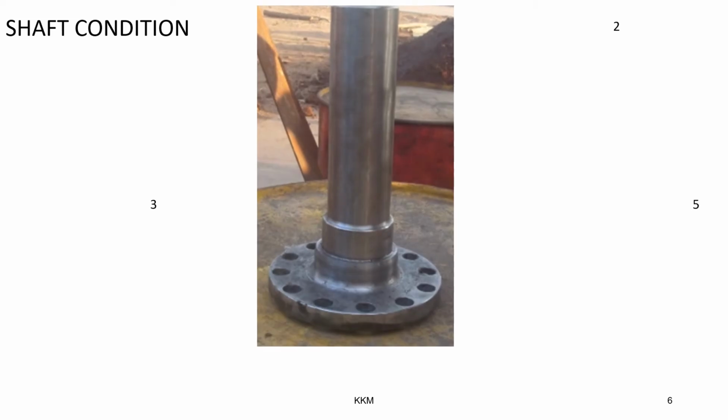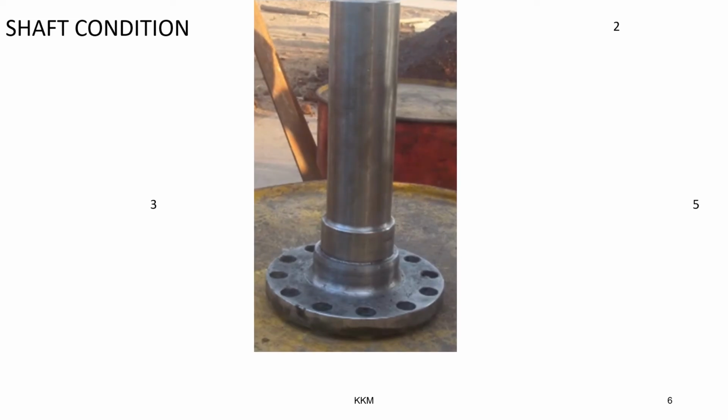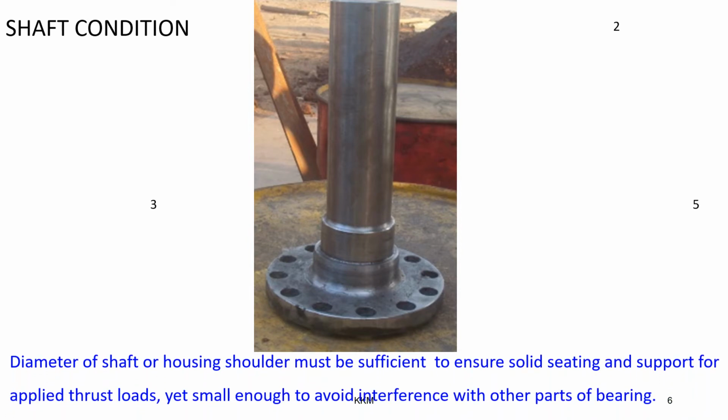Shaft condition. There are a few important points to take care of on the shaft while fixing any bearing. Bearings are precision manufactured items made to very close tolerances. Shafts or housings also must be machined to similar close tolerances. The inner race must be positioned at the shaft shoulder, fully seated against it. Shaft corners or fillets must be sufficiently chamfered to match bearing corners or chamfers.